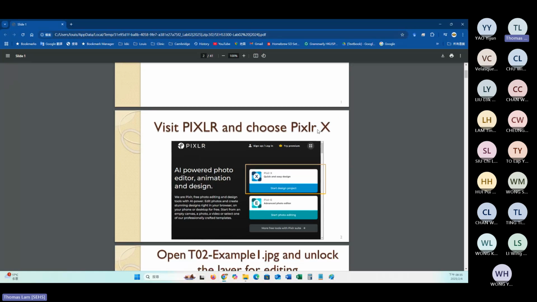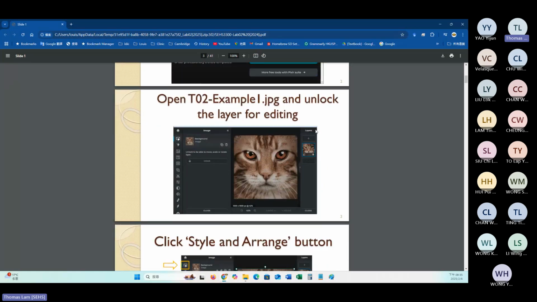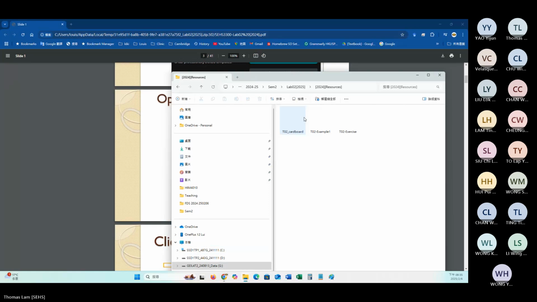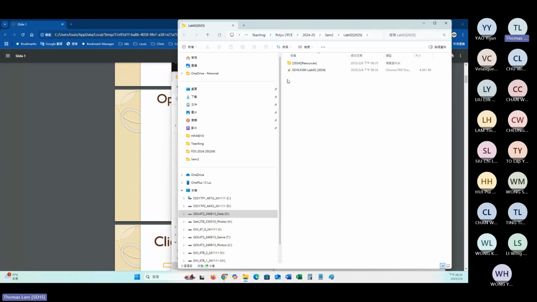Let me take a look at the instruction over there. In this tutorial, what you need to do is to make use of this sample photo. This one is a zip file, so I can't see it.